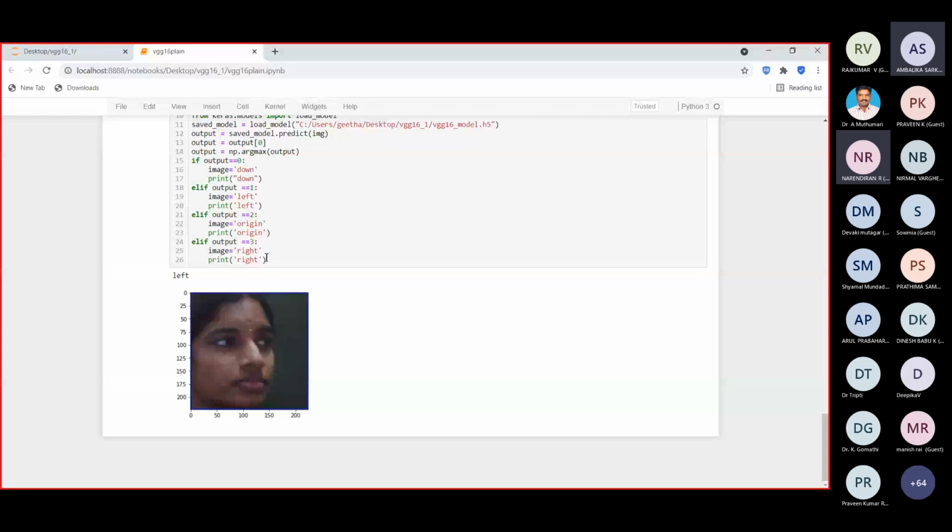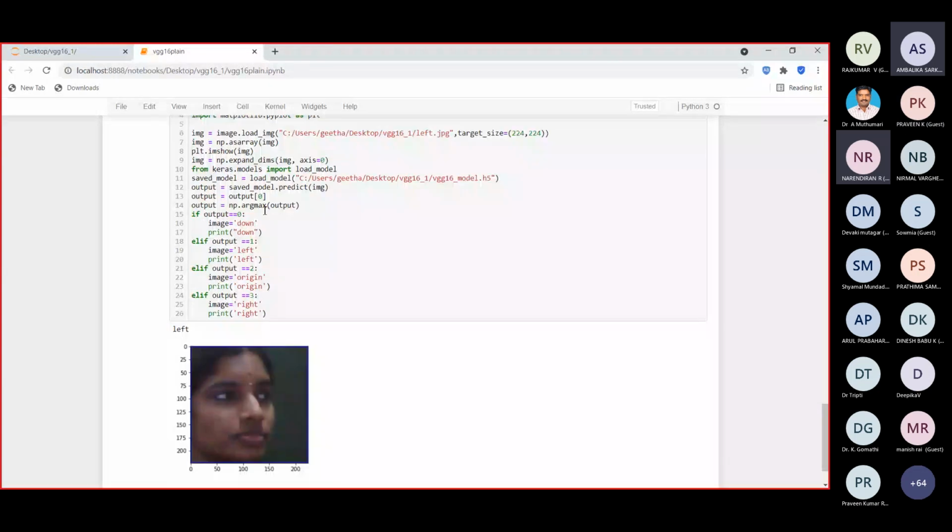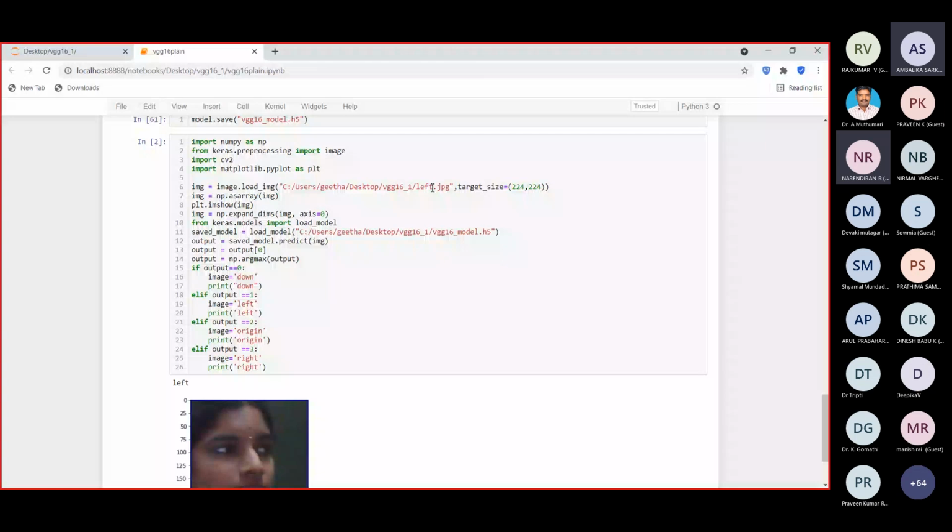So this is where we have used our application for classifying here. You see here, I am giving the test data as left. Let me execute and see this. Let me clear this out.